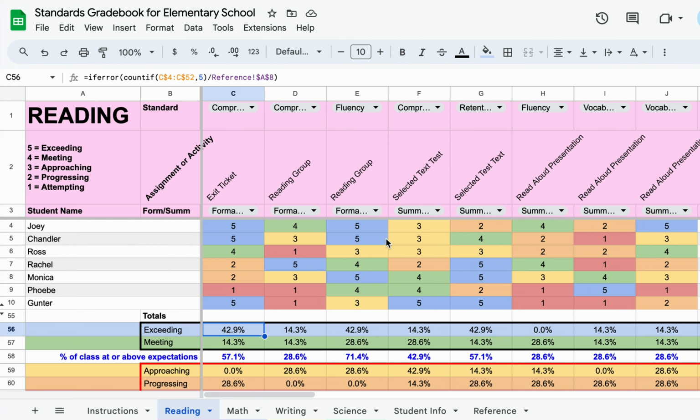So here we've got our data, our scores for the different assignments. You can have one assignment per standard. It can be formative or summative. You can have multiple standards with one assignment, and they can be formative or summative. You can have the same standard repeated. It doesn't have to be all comprehension together. It can bounce from comprehension to fluency to comprehension. That's okay. Just make sure that you are tagging the correct standard, the correct type of assessment, and what the